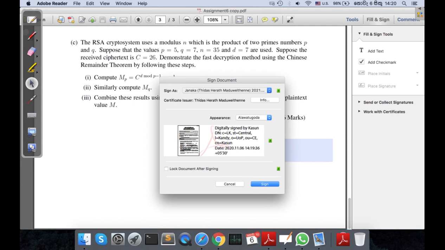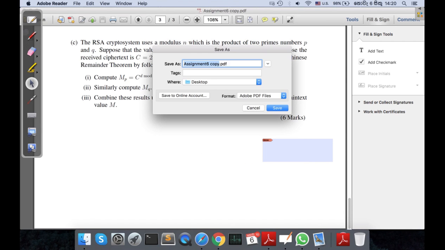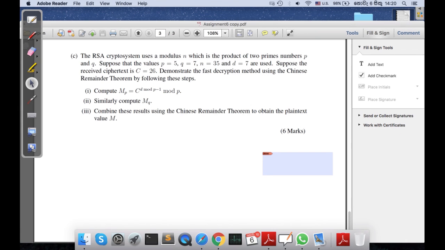Okay, now it asks for the password I used for that. I can sign, and I can save. Now it puts a tag saying that this document is digitally signed. Here you can see